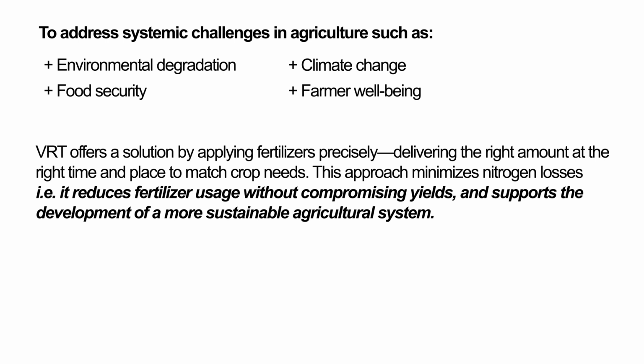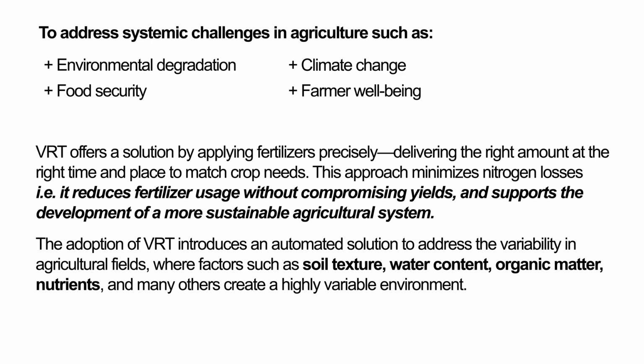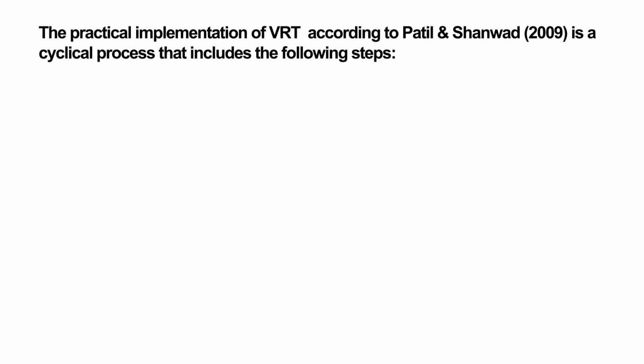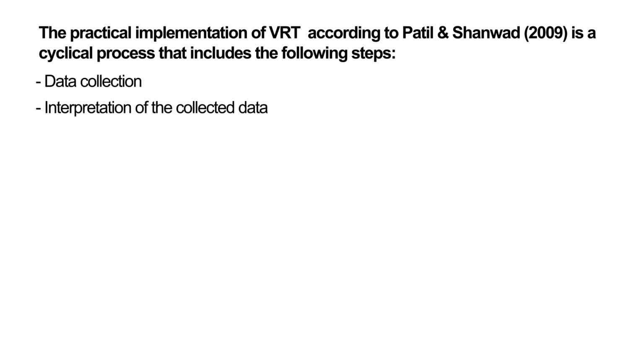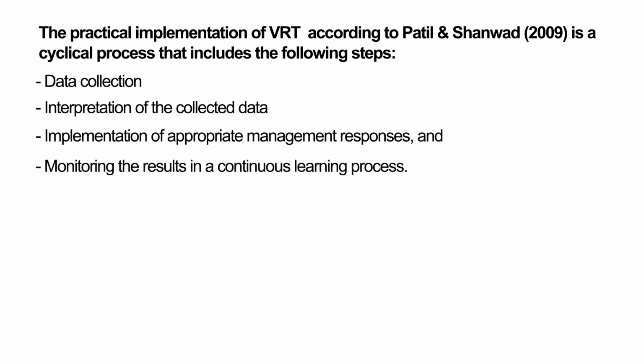sustainable agricultural system. The adoption of VRT introduces an automated solution to address the variability in agricultural fields, where factors such as soil texture, water content, organic matter, nutrients, and many others create a highly variable environment. This variability, combined with plants' biological flexibility, leads to differing crop responses. The practical implementation of VRT, according to Patil and Shanwad, 2009, is a cyclical process that includes the following steps. Data collection, interpretation of the collected data, implementation of appropriate management responses, and monitoring the results in a continuous learning